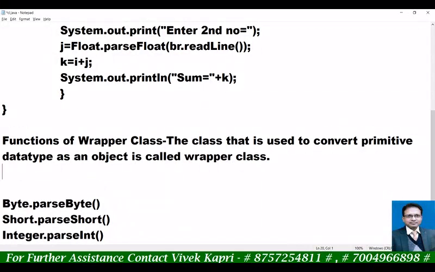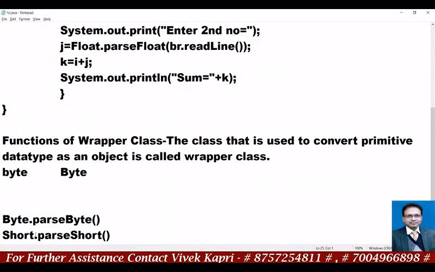Each primitive data type has a different class. On the left side I am writing the primitive data type, on the right side the wrapper class. You know that primitive data types are written in small letters and a class is always written with a capital.